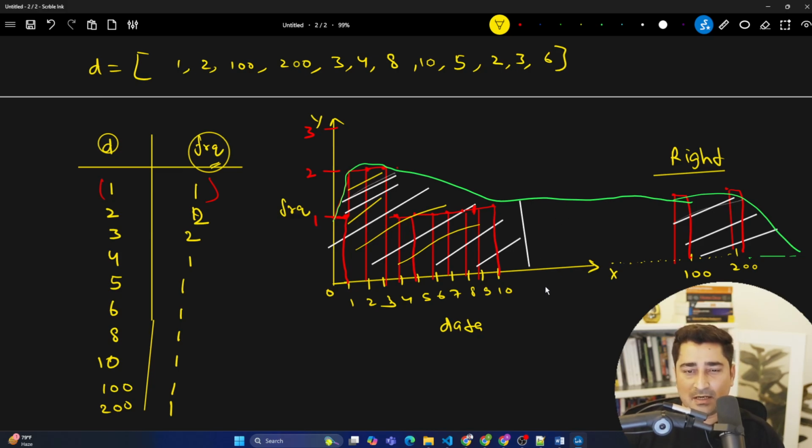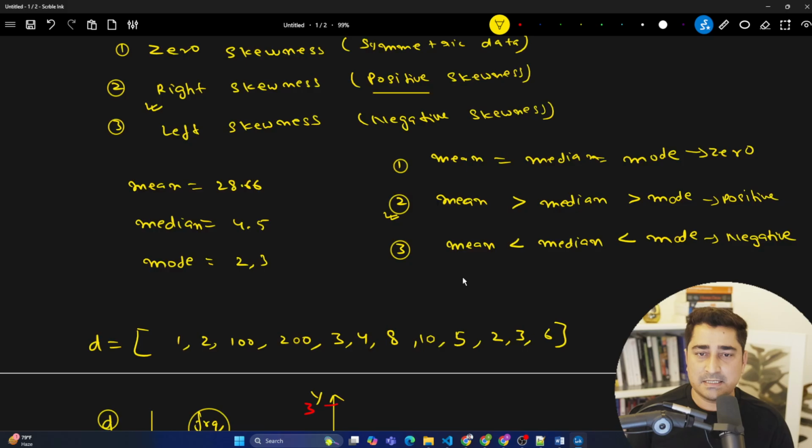Yeah, 7 is not in a data set. Yeah, that's true. You can remove this one. Again, it is not going to impact anything. So you can remove this part as well. 7 and 9 is not a part of the data set. Fine. Yeah. So even in this way, I'm able to prove that, okay, the data set is rightly skewed.